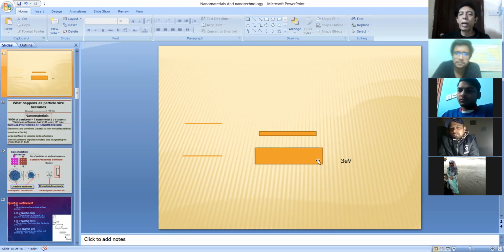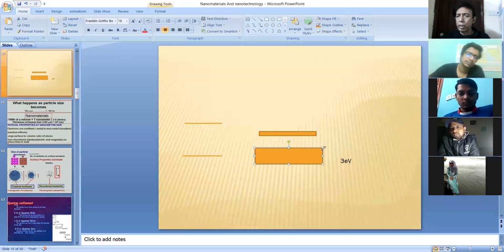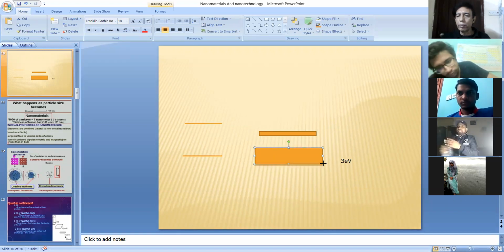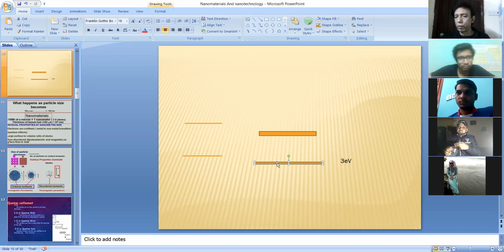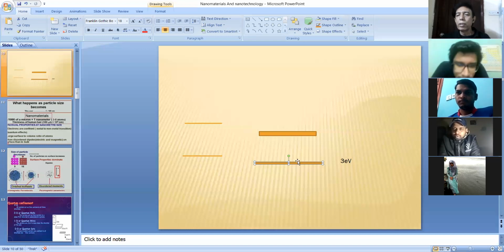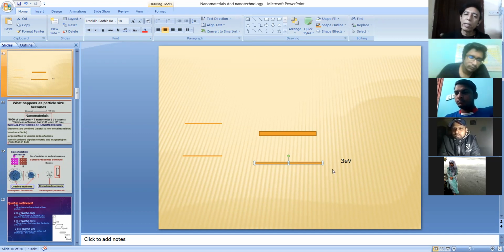Now, if it is very small, the electron can move on this side only. It cannot move on this side because this side is nano. Nano means it is very small. That is called quantum confinement. You are confining